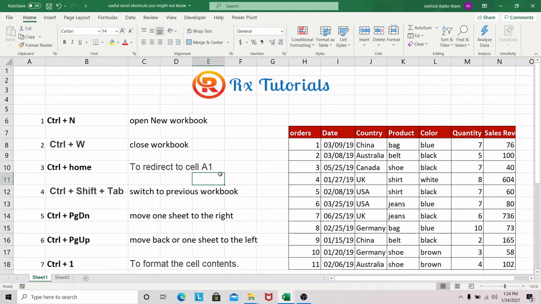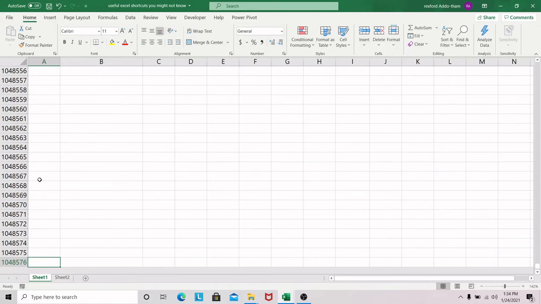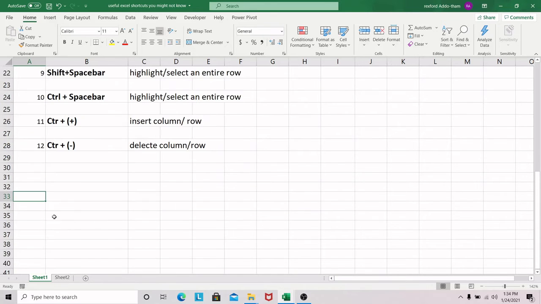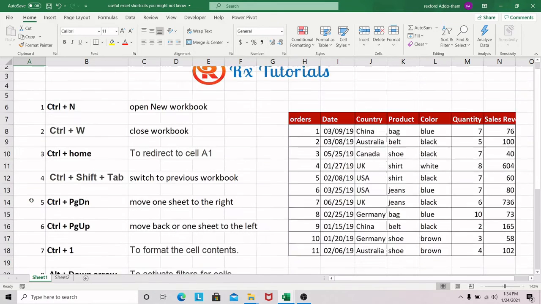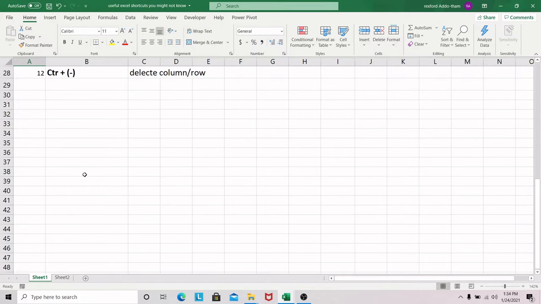And the third on my list is Control Home. And listen here, what Control Home does is that it takes you to this cell that is A1. So wherever you are, for example, if you are in the last sheet, or you can be in any of the sheets, when you press Control Home, it always takes you to the cell A1,